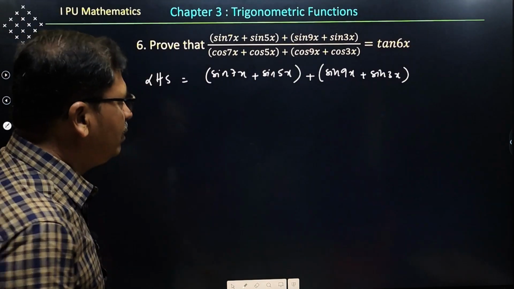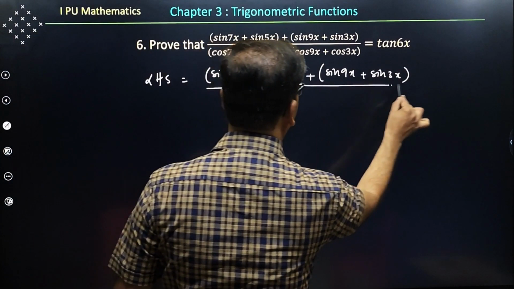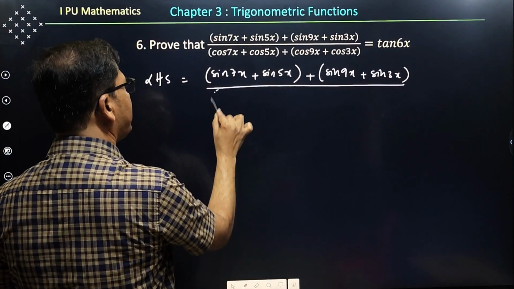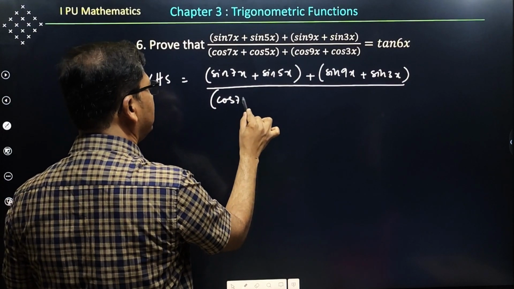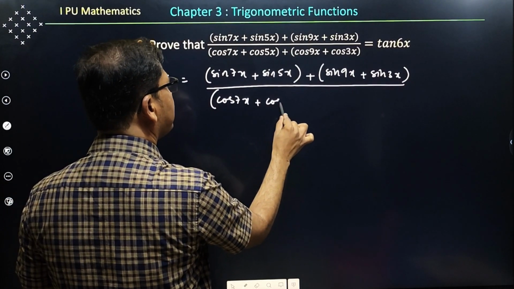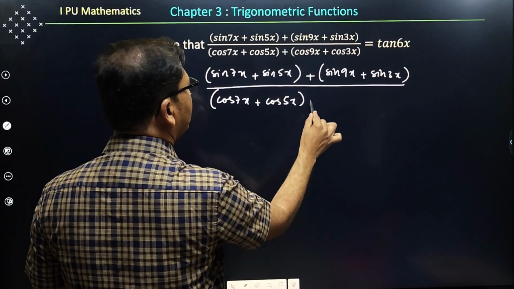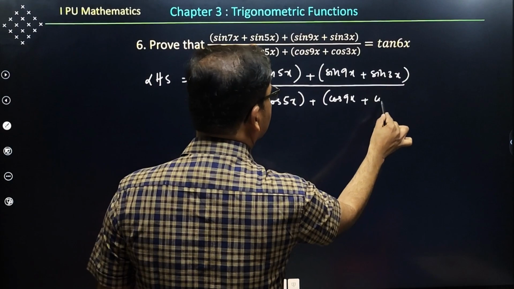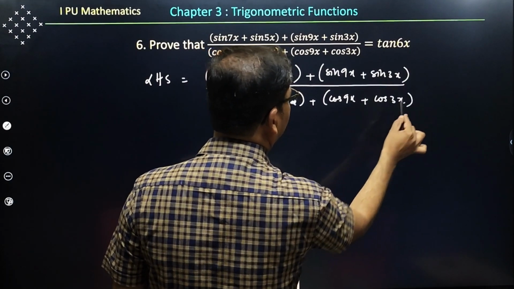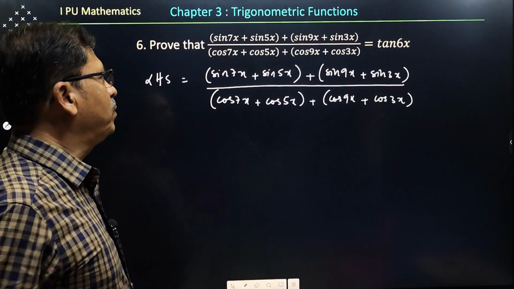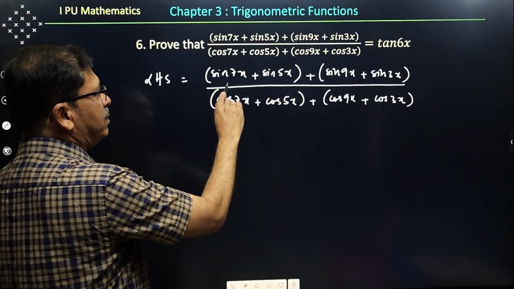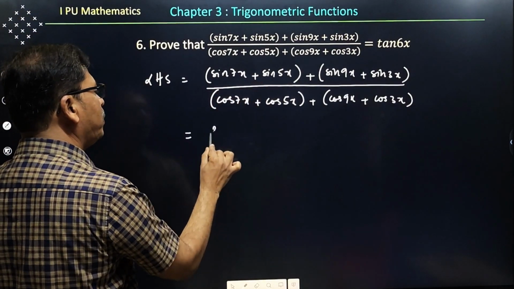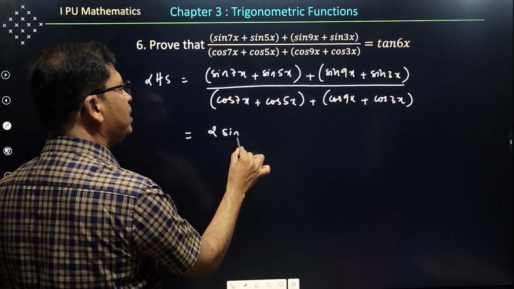Okay. Further, divided by what is there? Cos 7x plus cos 5x plus cos 9x plus cos 3x. Okay. Still, for sin c plus sin d, 2 into sin of c plus d divided by